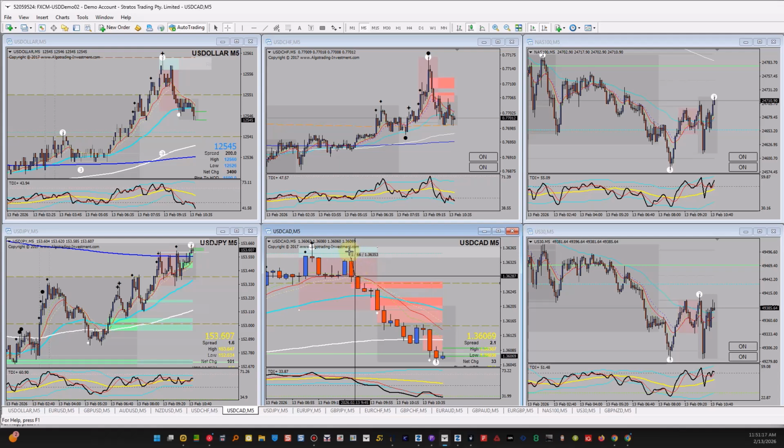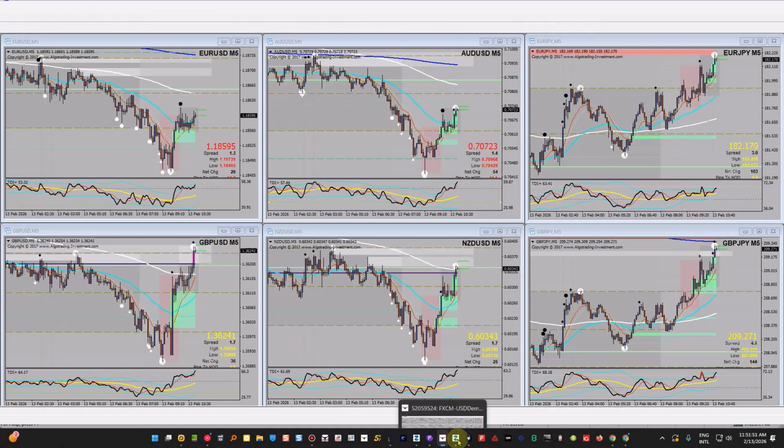Stop would have gone directly above, so I'd have had approximately a 5 to 6 pip stop, depending on how aggressive I wanted to be. And we had a run down into the 200 EMA for a 17 pip take profit, and then today's open price for a 20 pip take profit. So with a 5 pip stop loss, this was a potential 1 to 4 or 1 to 3. With a 6 pip stop loss, it was a potential 1 to 3 up to 1 to 3.5. So this was between a 3 to 4% gain on the dollar CAD with a perfect H1